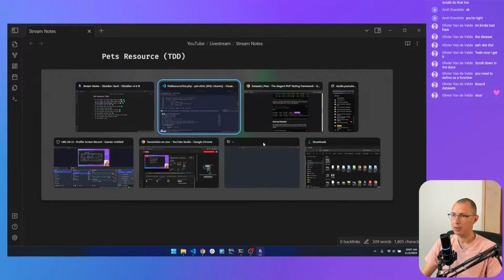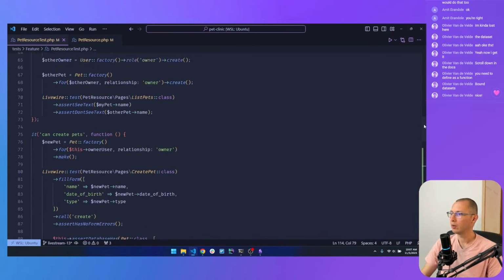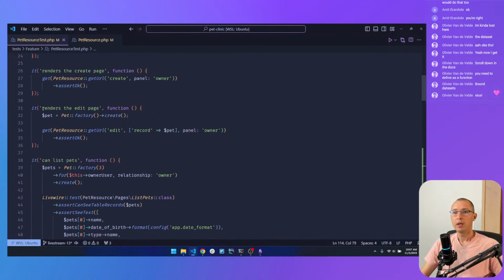But let's take a look at that test. See, we're testing that we can render the edit page, but look at this pet. This pet doesn't have an owner, so it means that this pet does not belong to us. But we can still see the form, and we get an OK response from this test, and that should not happen.